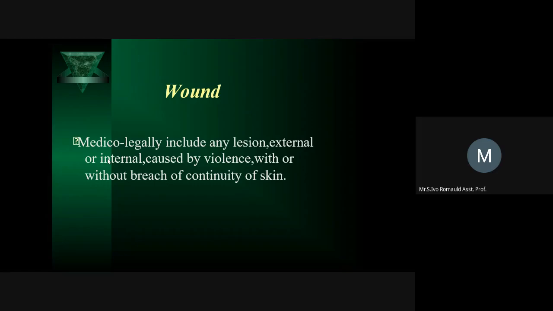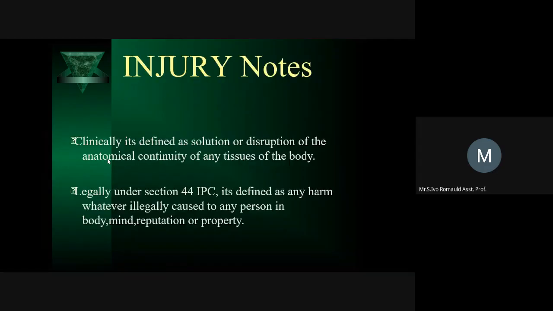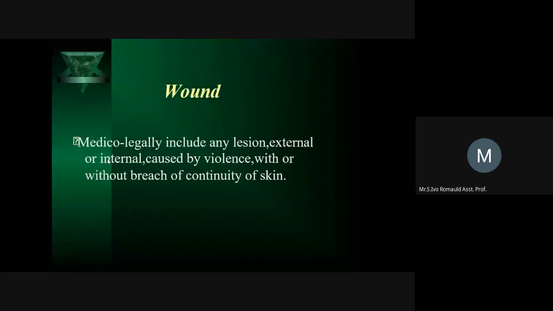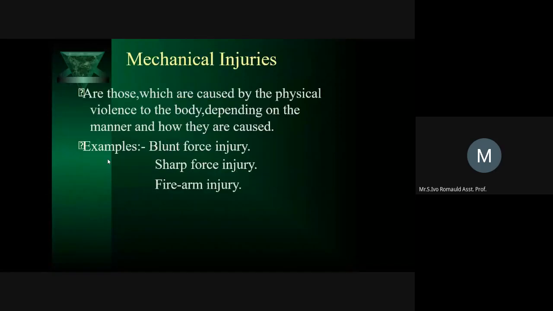So now we are clear with injury and wound. There is a difference between injury and wound. Next one. Today we will be seeing the different injuries: mechanical injuries, thermal injuries, and chemical injuries. Some four kinds of injuries are there. Other one is injuries due to electricity, lightning, or any radioactive substance. All these calamities will also come under this fourth section. So today we will be seeing